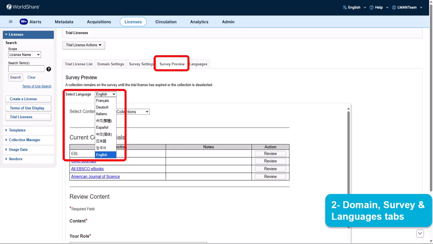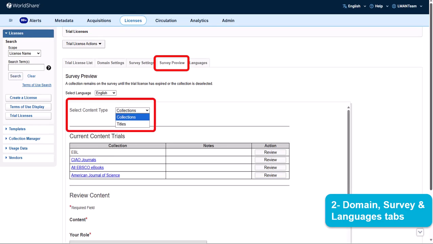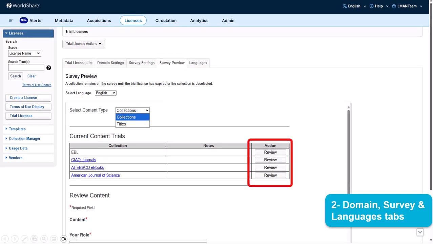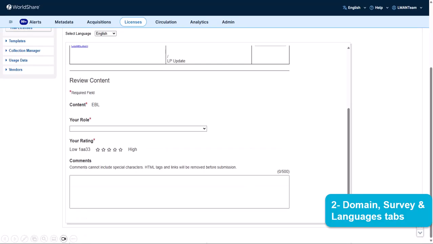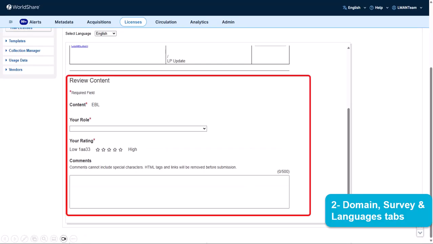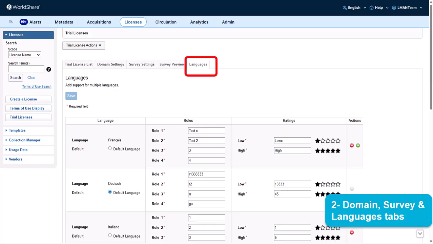If multiple languages are configured, select if it is collection level or title level. Then click Review button on the right of the collection or title to preview the survey and see if everything is as expected. Under Languages tab, use the plus sign under Actions column on the right to add additional supported